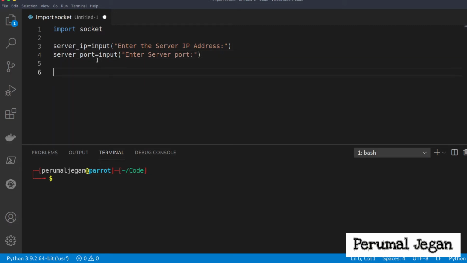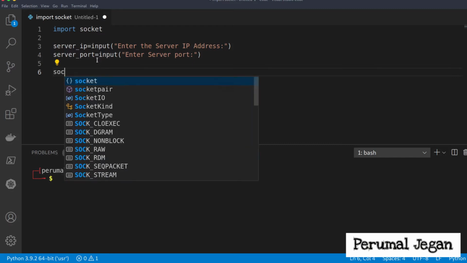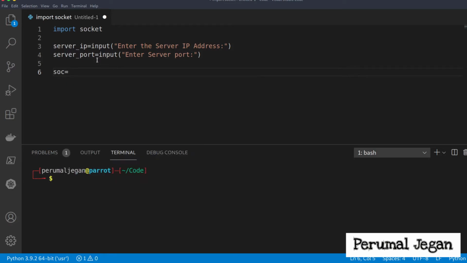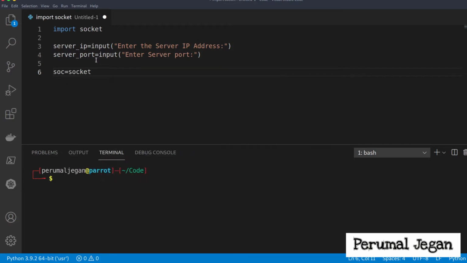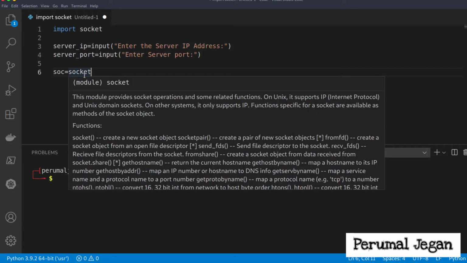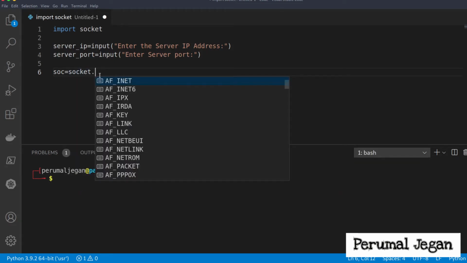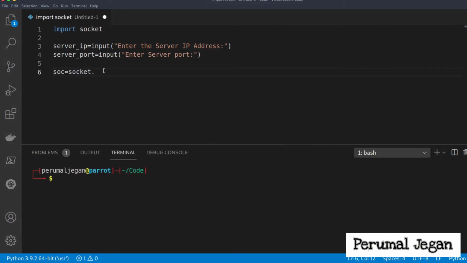It's time to create the socket, and I'm giving a name for the socket. I'm simply giving soc is equal to socket. I'm calling the socket module here. When I click the dot, it will ask for the object.